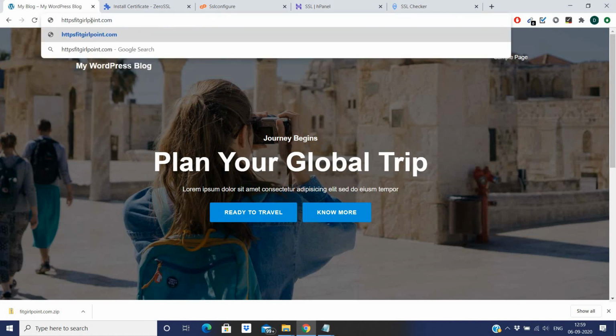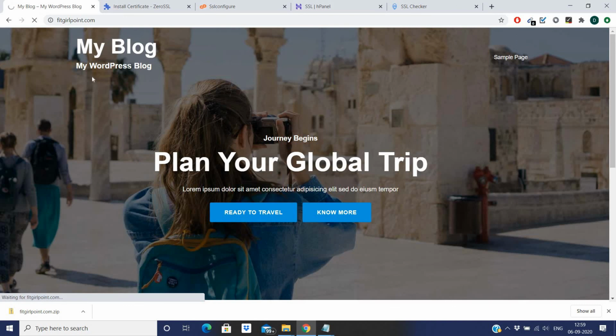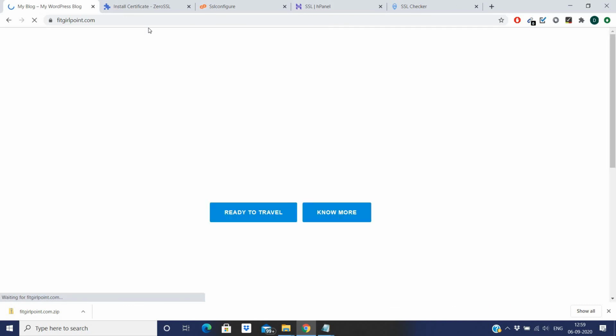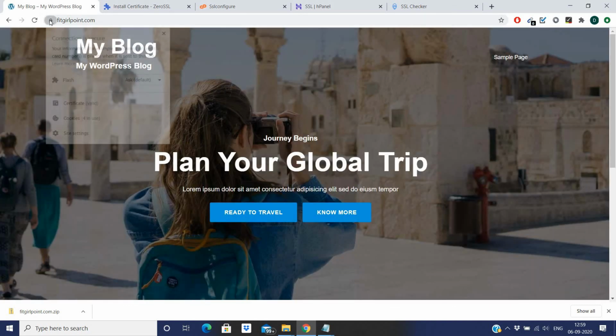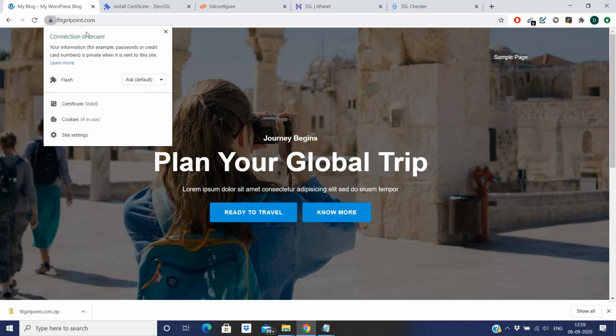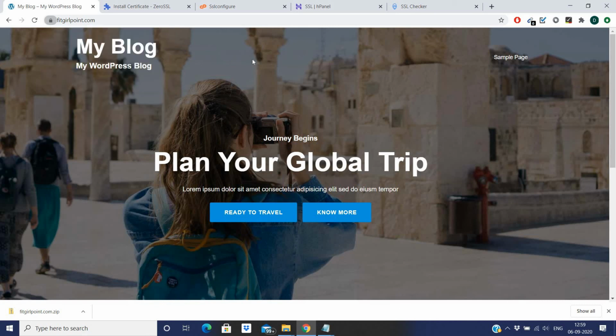Now just put HTTPS before the domain, and now you can see the secure icon is here and it's saying connection is secure. So the SSL certificate is active and it's reflecting on your website, and you have successfully made your website SSL secure without spending any bucks.